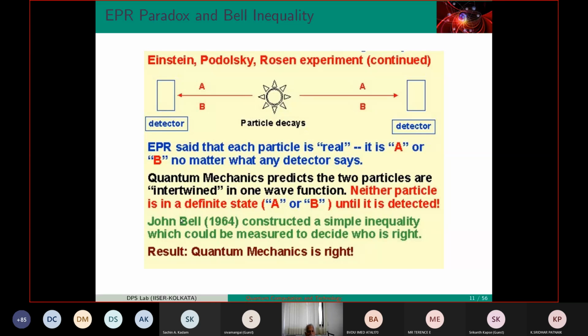Only in the 60s, John Bell, who happened to be a particle physics person at CERN, tried to quantify it: if it is really quantum, can I come up with a measurement which can be tested? He showed, using mathematics invented 100 years back by a gentleman called Boole, B-O-O-L-E, that if it's classical, you can do some measurement that will give results lying between -2 and +2. If it's quantum, it will lie between -2√2 and +2√2. That was his contribution. And then people actually did the experiment. I think it was Aspect.